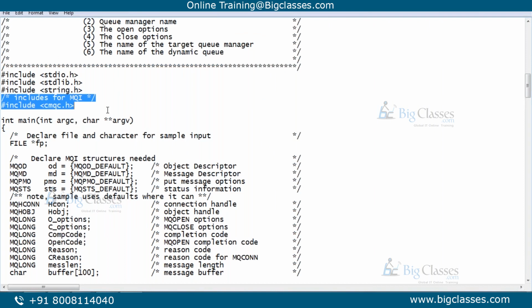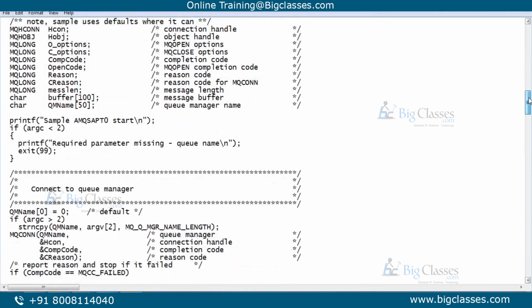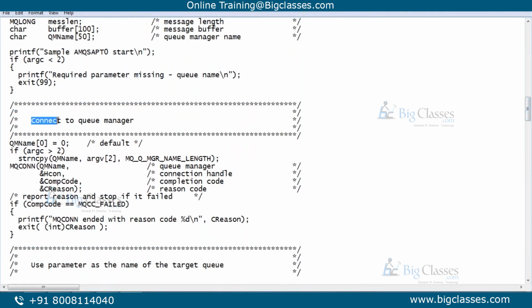The developer included MQ interface in this program. Now this C program can use that interface to talk to MQ server, right? What MQ interface provides is MQI calls. First, the program has to create a connection on the server, right? Connect to queue manager.